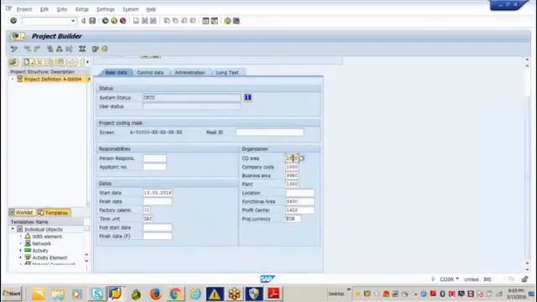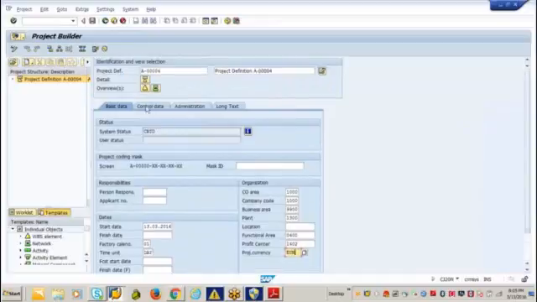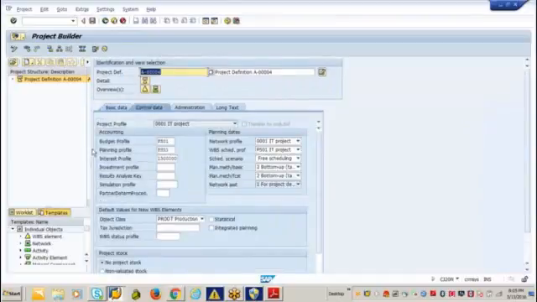So what is the responsible controlling area for this project? Under which company code does this project belong? The business area, plant, functional area, profit center, the currency in which the project is going to be executed, and